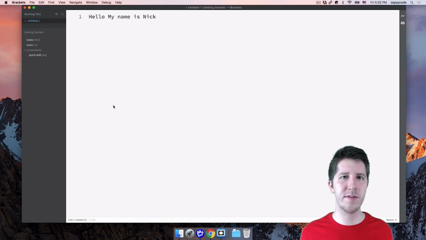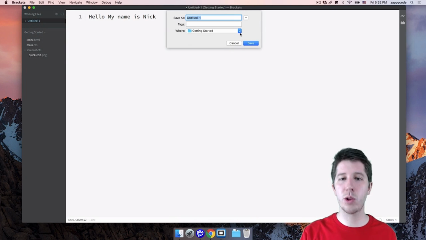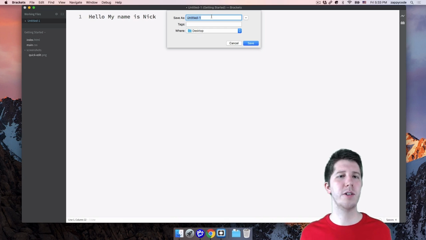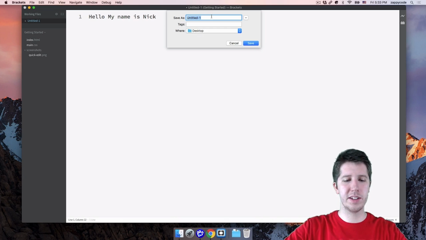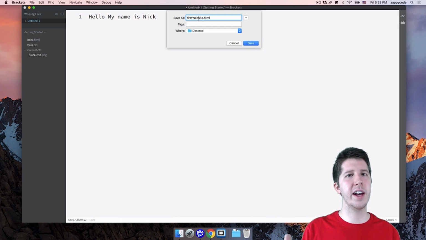All right, then I want to save this file so that we can save it as an HTML file. So you can either just do Command S, Control S to save this, or you can just go up and say File, Save. All right, and it's going to ask you where you want to put this, and I'm going to put mine on the desktop. Now here's the important thing: we want to make sure that we save it as an HTML file type. So when we're saving it, I'm going to call mine, for example, first website.html. Typically you don't want to have any spaces in this name. You don't want to have any special punctuation like exclamation points, stars, or anything like that. So just do some text, make sure there's no spaces, then have a .html.